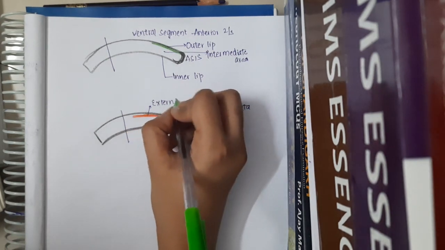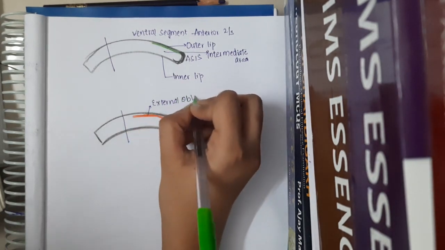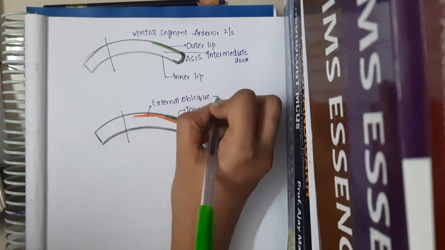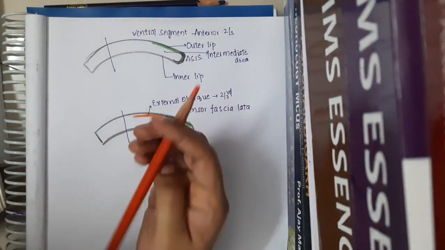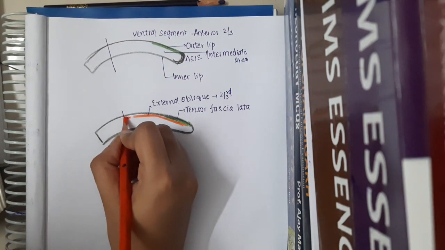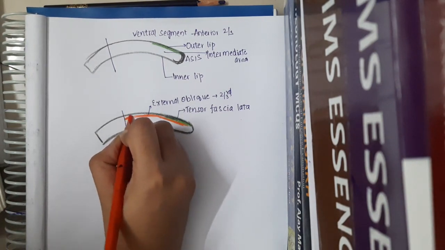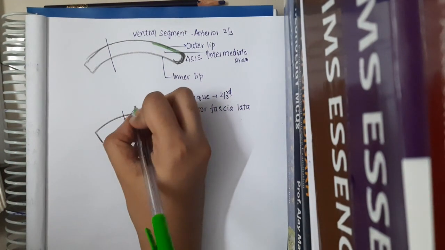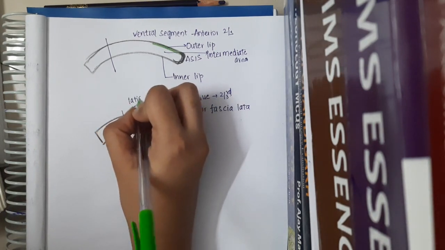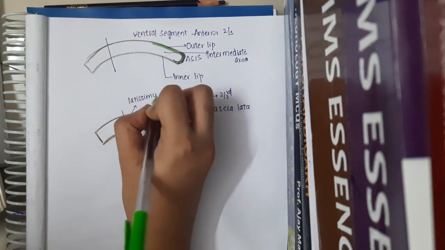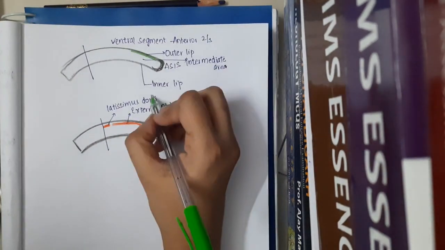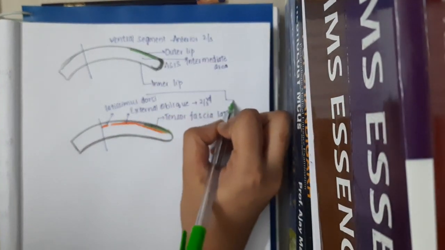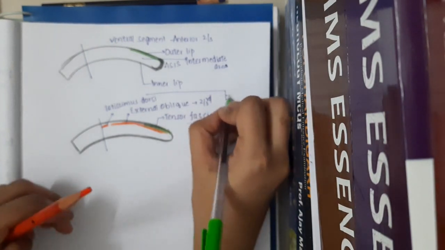In the rest of the portion, behind it, you will have latissimus dorsi insertion. So all these, latissimus dorsi, external oblique, and tensor fascia lata,